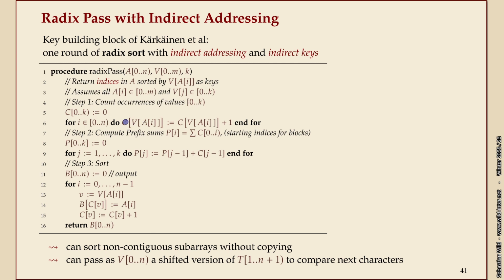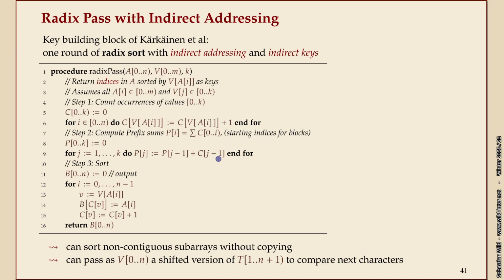That's this part. You take the value of the ith index and increment that counter. Then you do prefix sums of these counters. By that you turn the counts into the target indices for the sorted order. So this just computes the cumulative